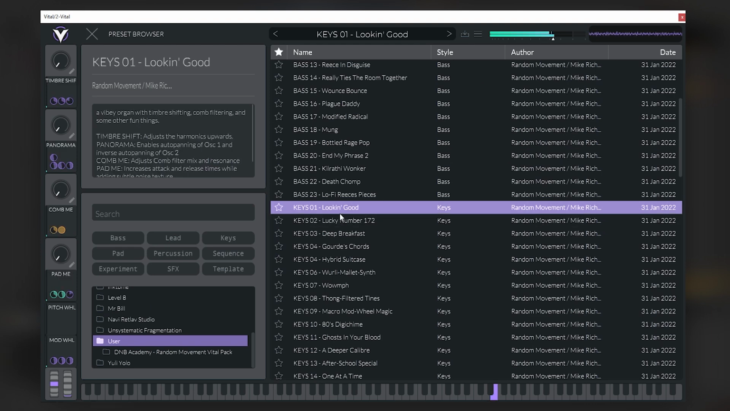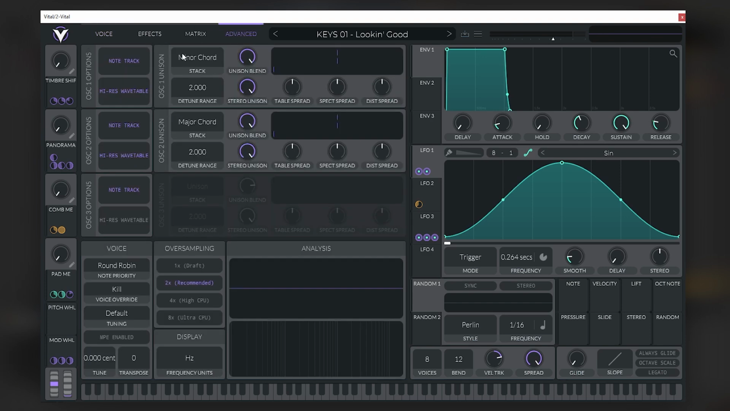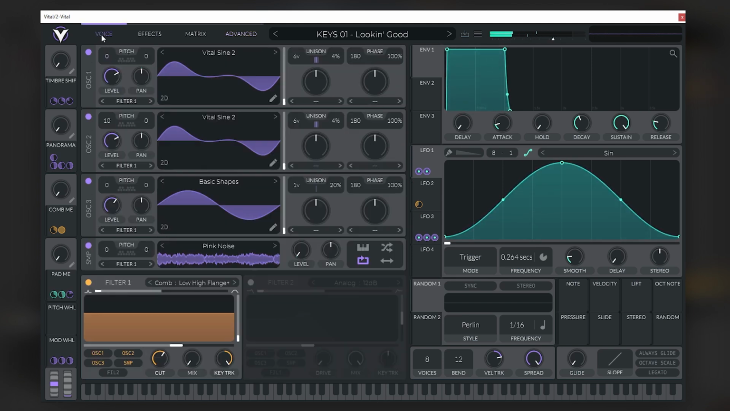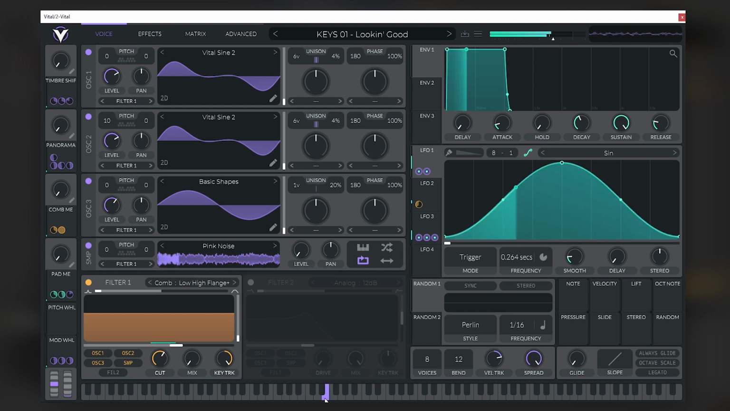We have keys. Which, by the way, if you want to learn advanced techniques of Vital, you should definitely check out this preset bundle because it has some crazy things. So for example, I found that in this preset, what Random Movement is doing is he's setting the unison of oscillator 1 and 2 differently. He's adding 6 voices for each, but the mode of both of them is different. Oscillator 1 has a minor chord mode and oscillator 2 has a major chord mode. So even if I just hold one note,